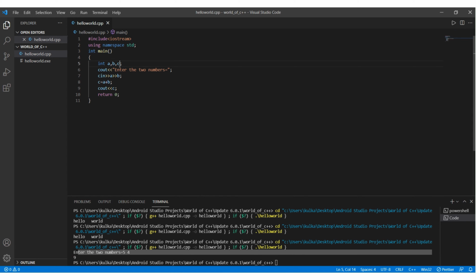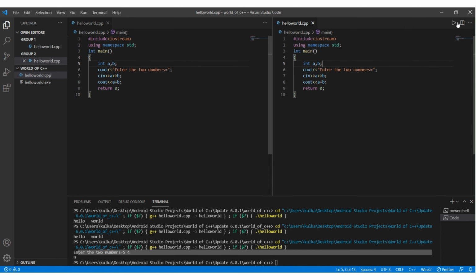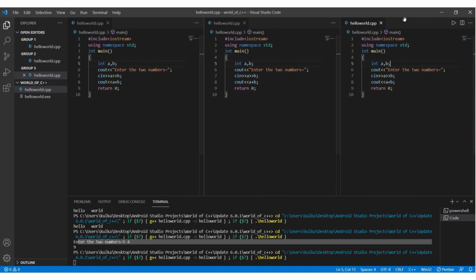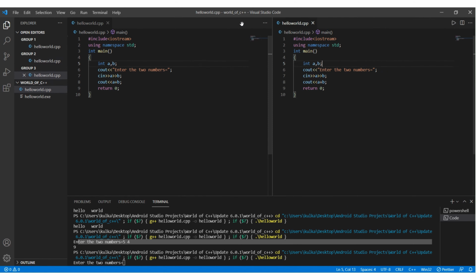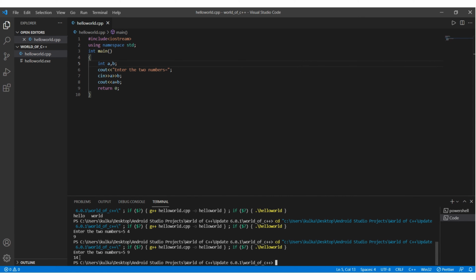So let's see a different way. We don't need the third variable. Let's delete that. We can directly cout a plus b and that's going to give us the same output. Let's check. 5, 9 and that's 14.